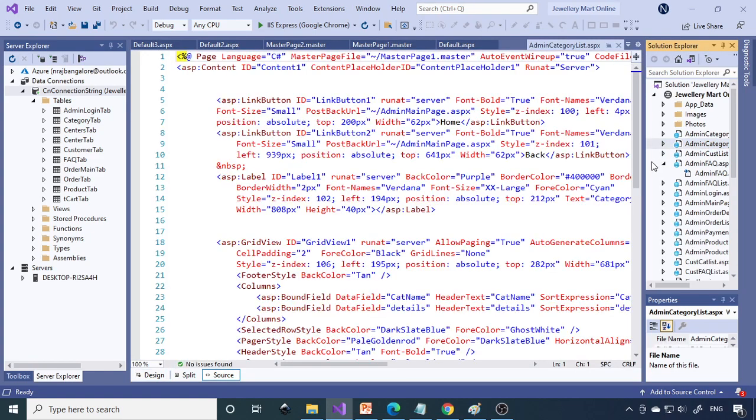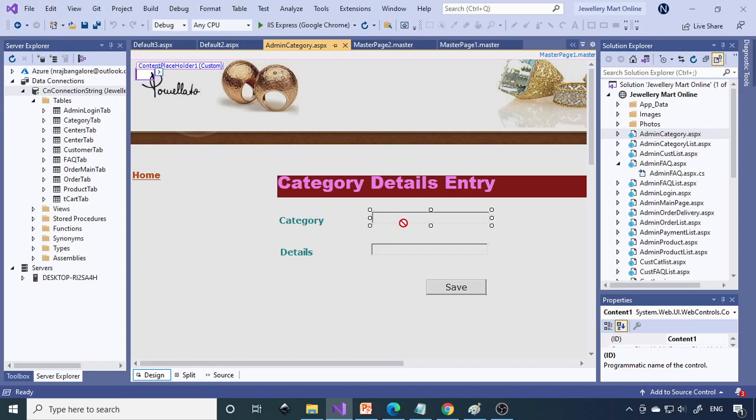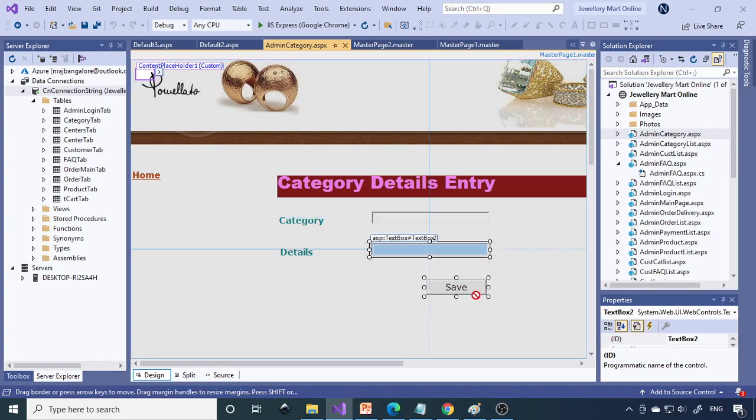Right. So then you can see the category. Like how to enter the category data. Here there are two text fields, one is text 1, the other one is text 2. When you click the save button,